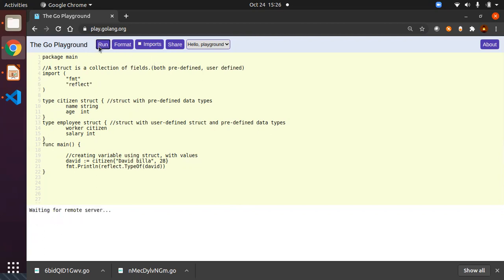Let's run this. You don't need to save because it's an online tool. Here you can see this is the type main.citizen. So main.citizen is of type struct, so this is the struct type with the name citizen. This way you can see the type, and at the same time you can provide the values without the variable names inside your struct. So this is all about struct.